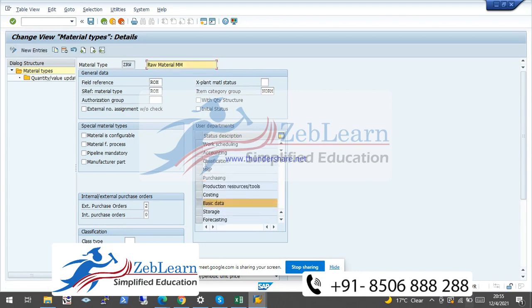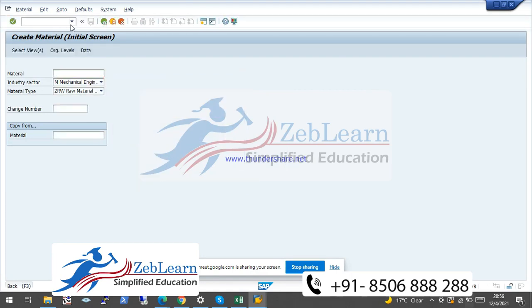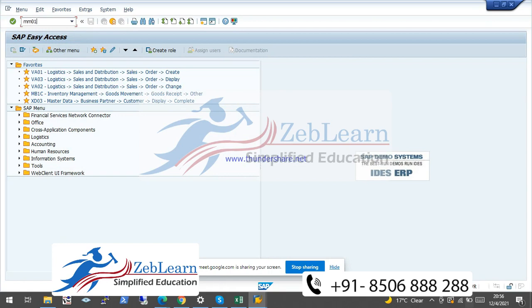Like suppose I'm just selecting this one, and plant stock, storage location stock. Okay, and sales view. Okay, not sales, the storage. Okay, and now save that again, and now I will come again to this screen, MM01.